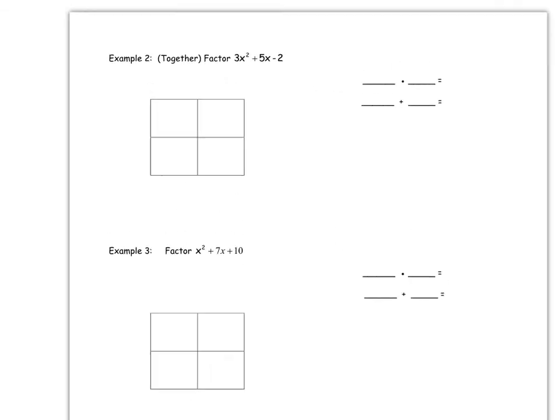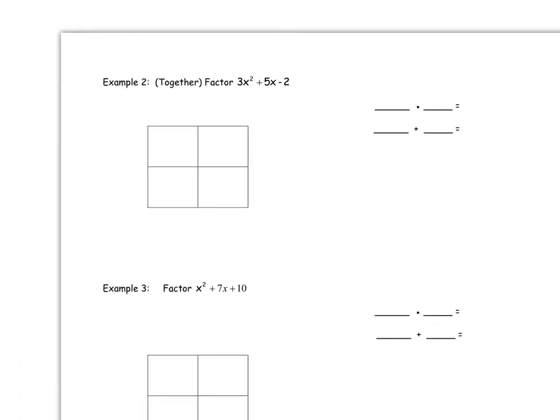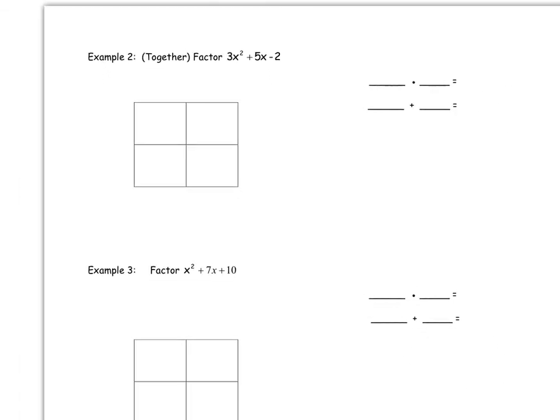Okay, so now we're going to factor this. This is a little bit harder, but we're going to start. We have this same little puzzle laid out here, right? We need two numbers that multiply to get something and add to get something. So the multiplication part comes from, I'm going to draw the little hat, and I'm going to do up here 3 times negative 2, and that gives me negative 6, and that's what goes right here. So I need two numbers that multiply to get negative 6, and I need two numbers that add to get